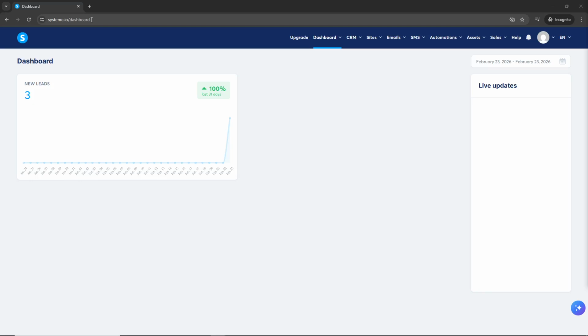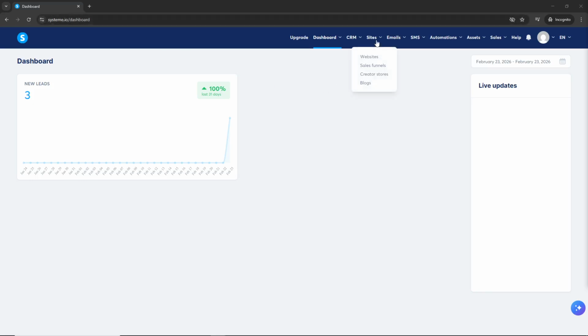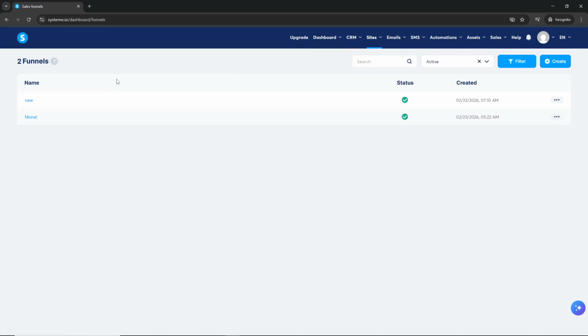First, open your web browser and head over to System.io. Once you're there, log in using your credentials to access your dashboard. This is where you'll manage all your funnels and pages. After logging in, look at the top toolbar and navigate to Sites. From there, select Sales Funnels. This section houses all the funnels you've created, and it's where you'll add your contact form as a new step